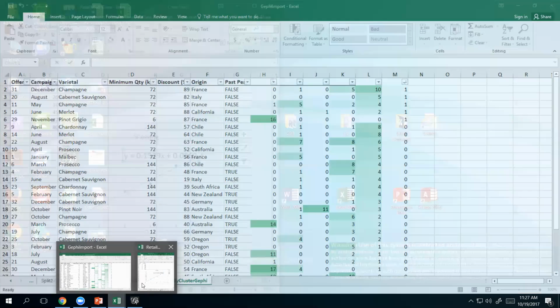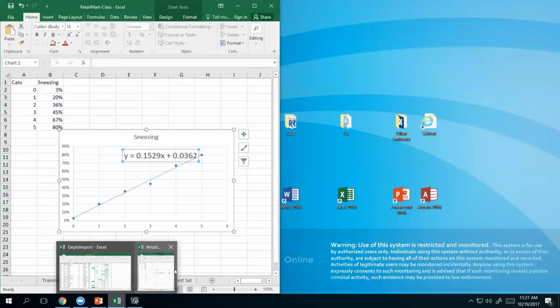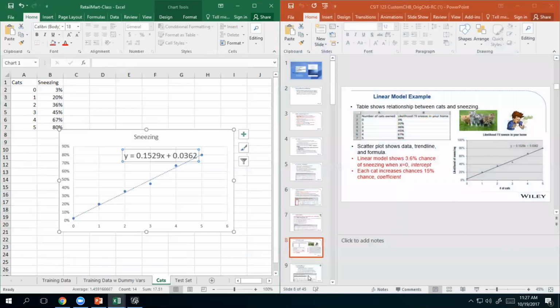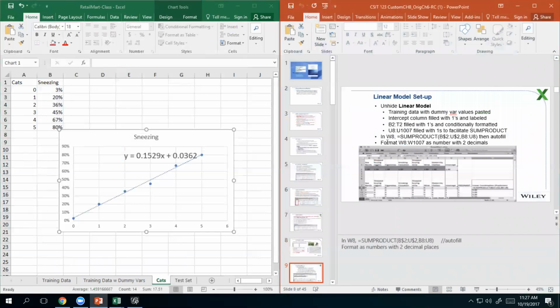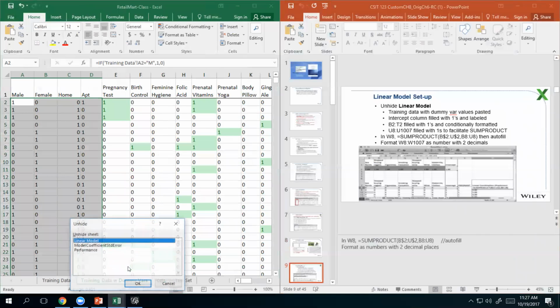All right, so let's go back into our chart then. Retail marts. Okay, and we're going to be going on slide number 9. So if we go in and unhide linear model,